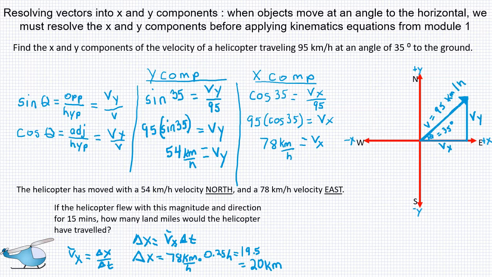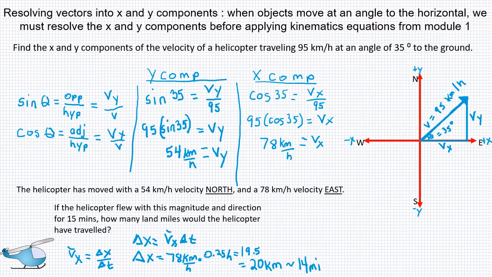We take the average velocity, 78 kilometers per hour, and multiply it by the time. We're not going to use 15 minutes because our velocity is in hours, so we have to convert it to 0.25 hours. You multiply, and you get 19.5, but with the right sig figs, you get about 20 kilometers. So in the x direction, in that time period at that speed, the helicopter has gone 20 kilometers,